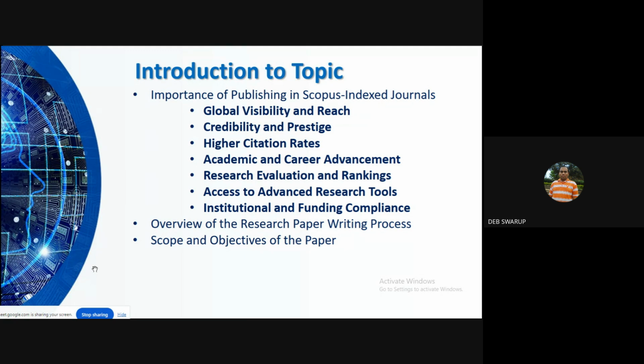Then the research evaluation and rankings. Now, sometimes what happens is a good researcher is a person who has got some papers in Elsevier indexing, Scopus or SCI, Web of Science, and many other things. So these are also important. Then,